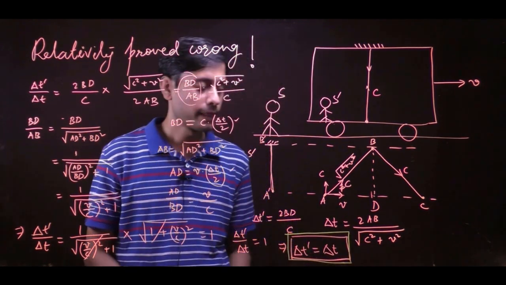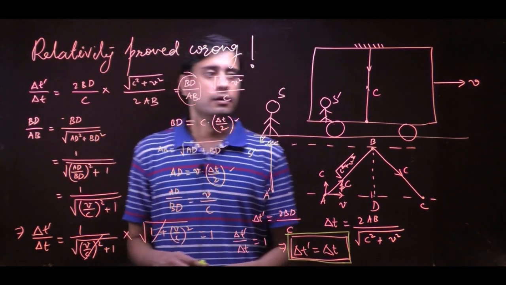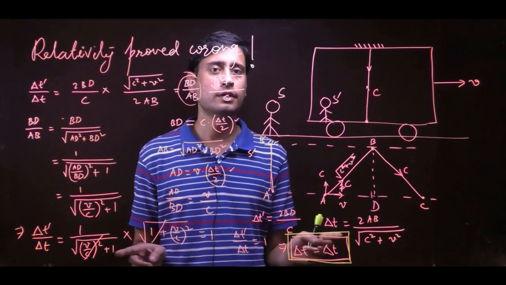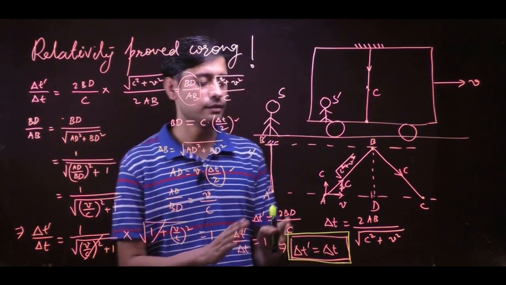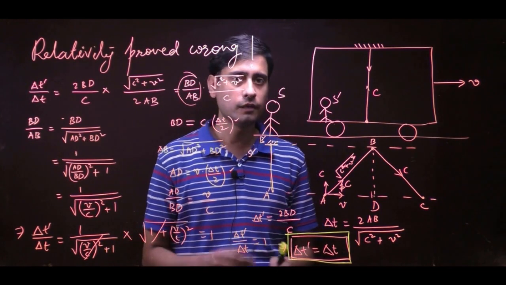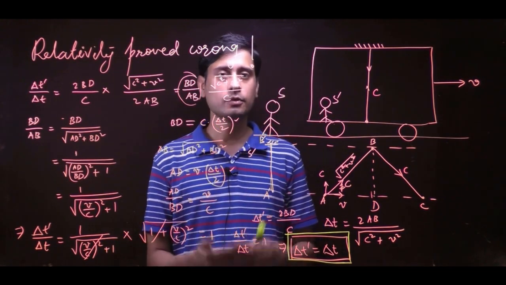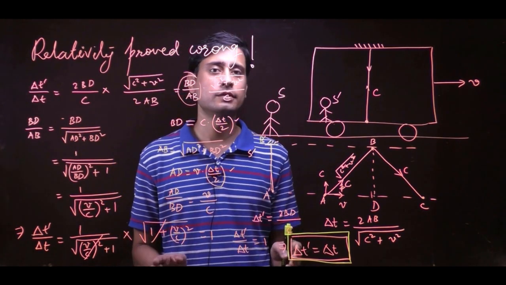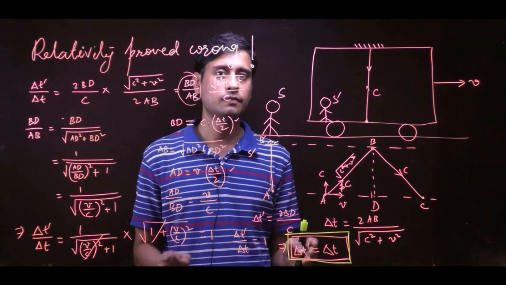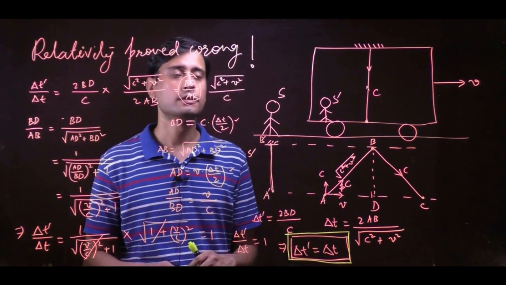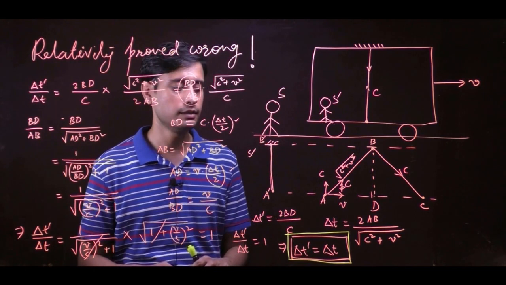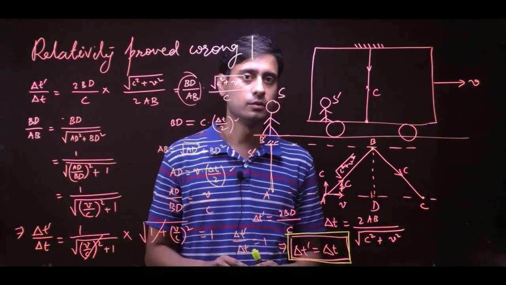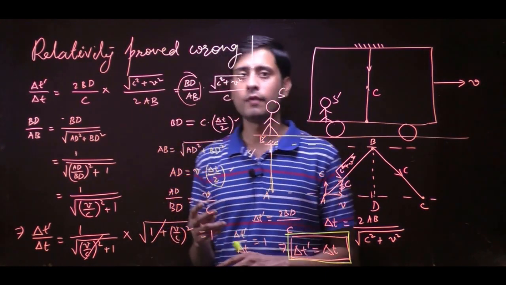If you assume that the speed of light is different for different observers, then we find that this delta T prime equals delta T. But if from the start you assume that the speed of light is the same for all observers in all directions, which we have already done, then in that case you will find that this delta T prime and delta T are not equal. So the final conclusion is